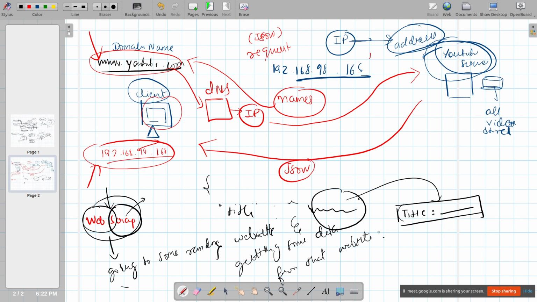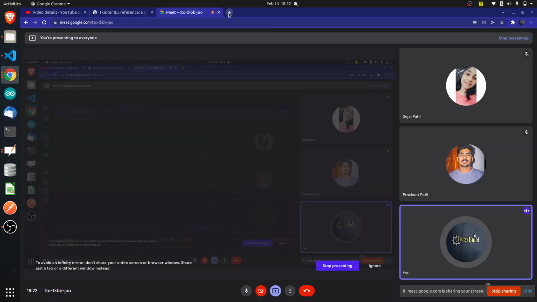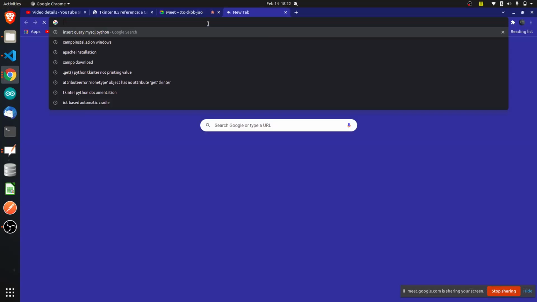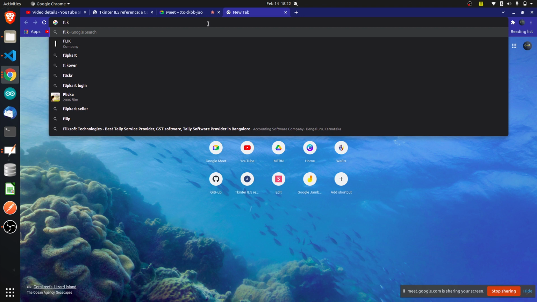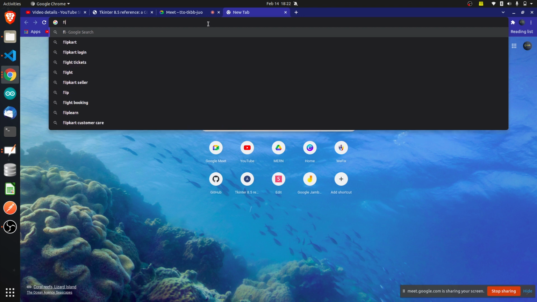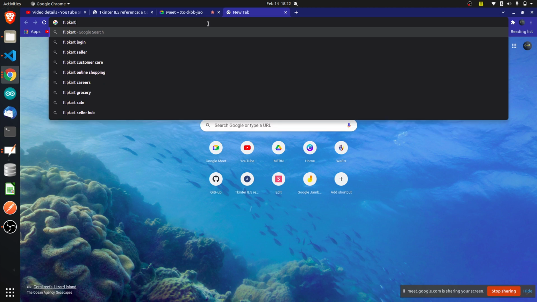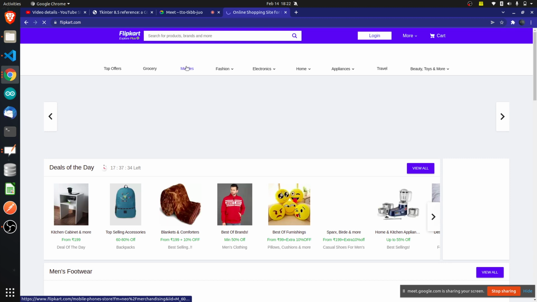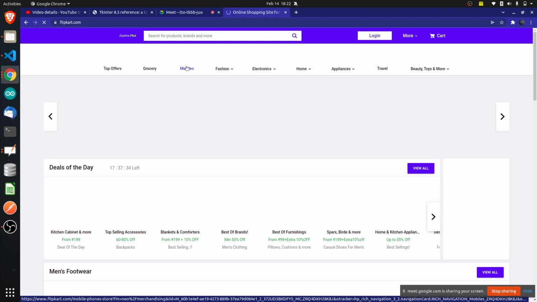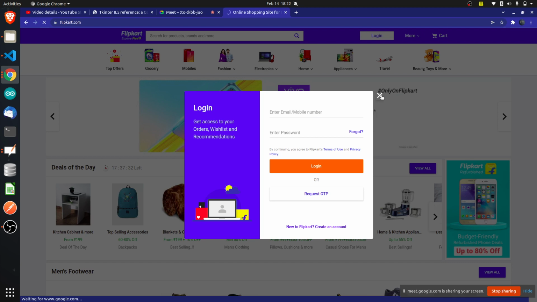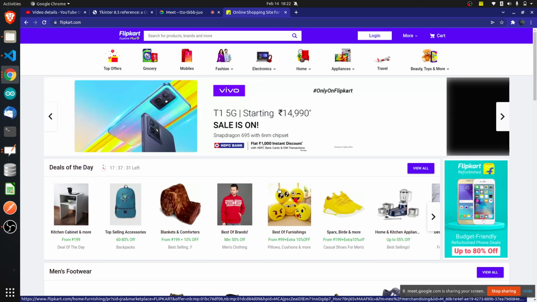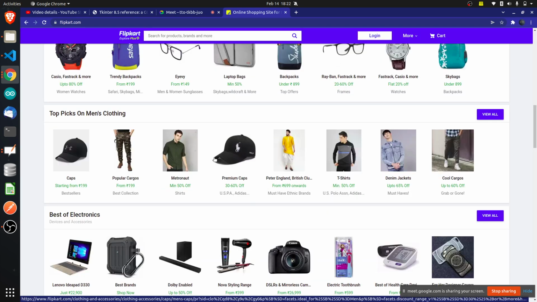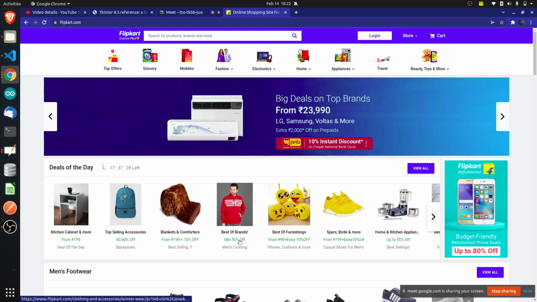So if you did not understand this, then it's something like this. Maybe I'll go to Flipkart. You should not try this on any wrong websites. You should not actually do this on all websites, because not everyone will give you permission to scrape their websites. So let's say I open Flipkart and I get these things. I want the information of all the products that are available inside this particular website. If I want to do that, I can scrape this website.